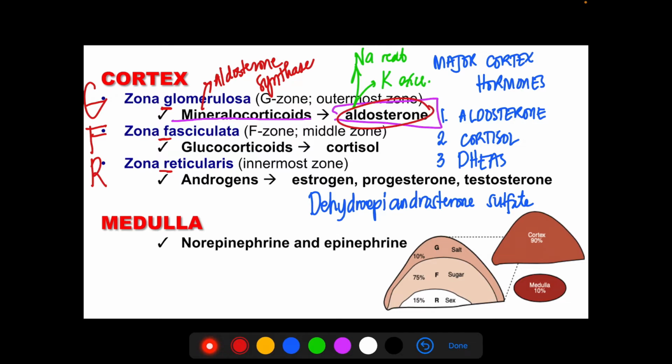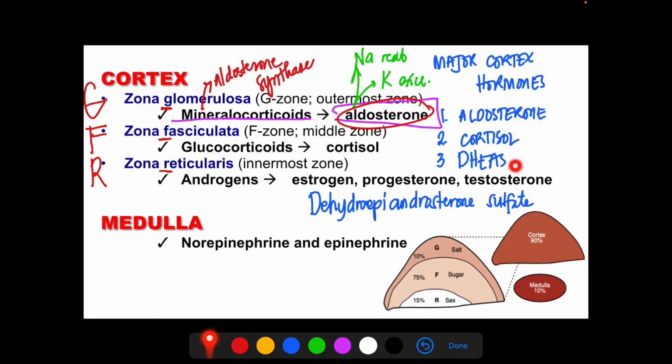So that's why it could produce a large amount of aldosterone. How about the next one? The zona fasciculata, or the F zone, or the middle zone. So this zona fasciculata, the cells in this zone or layer, can also generate androgen precursors such as what I have mentioned, the dihydroepiandrosterone sulfate, and that